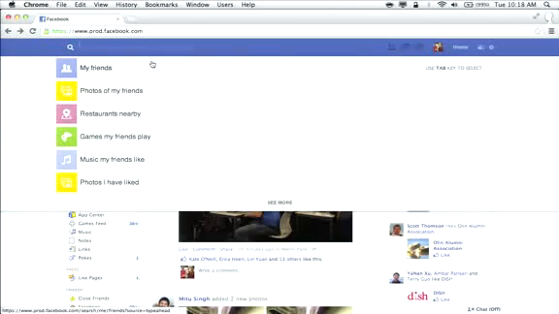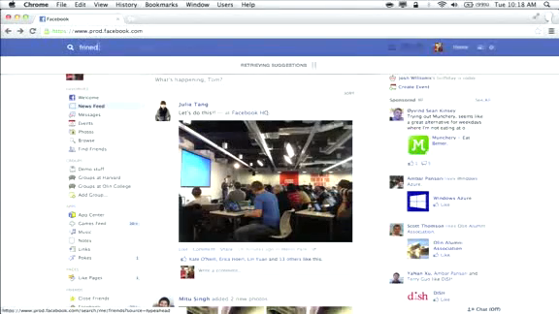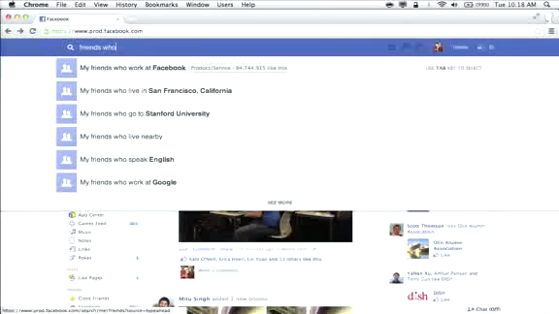So I'm going to start typing with friends who. And again, what you'll see is the suggestions I'm getting are the sorts of things that graph search understands. Friends who work at a particular place or who live in a particular city, etc. And the thing to emphasize here is, like Mark was saying, this isn't keyword search. So I'm not typing a set of keywords, hitting enter, and then getting the set of things that most closely matches those keywords. Graph search is structured. And so it understands searches made up of these simple phrases. And as I'm typing, it'll then suggest those to me, and I can pick the one I want.